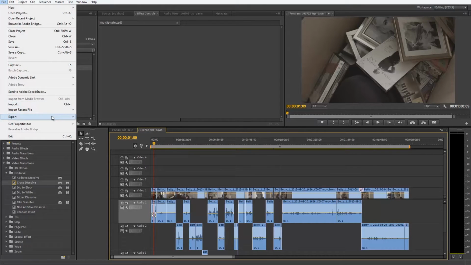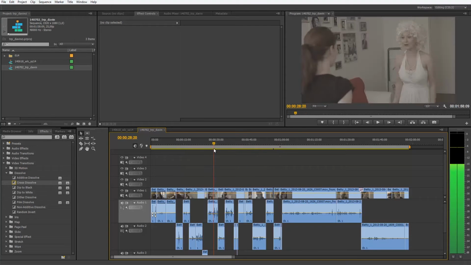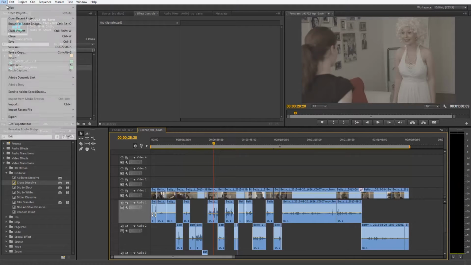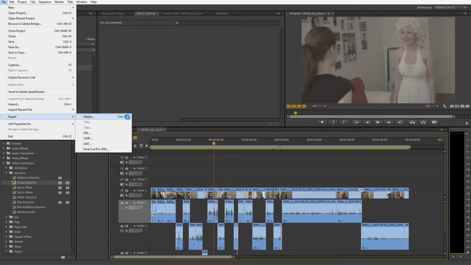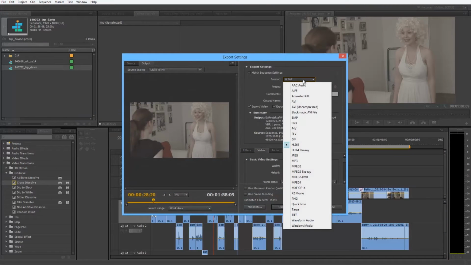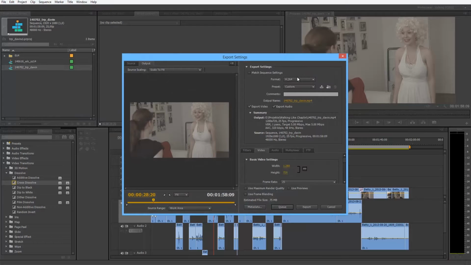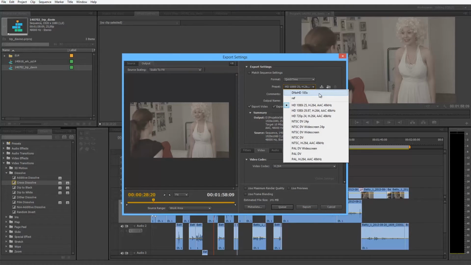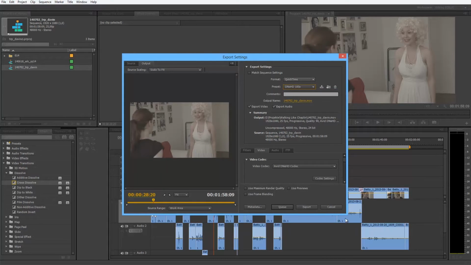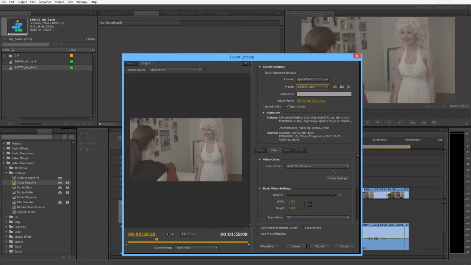However, I want to show you how you can do this if your editor, for example, isn't capable of exporting XML files. Basically, I have this timeline selected again, hit export and then media. And this time I wanted to go with another format, of course. In this case, I will choose QuickTime, and then I use my preset for DNxHD 185X, which basically is nothing